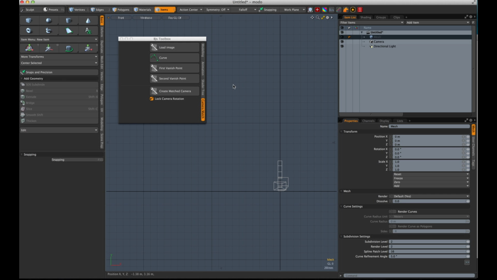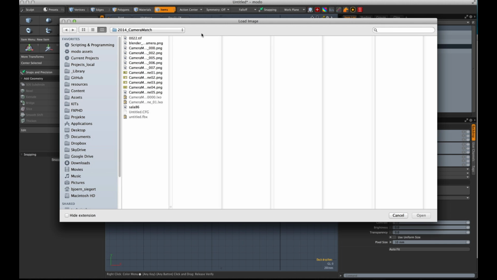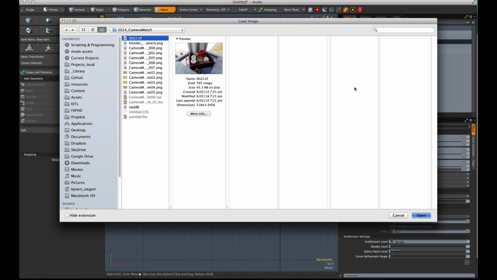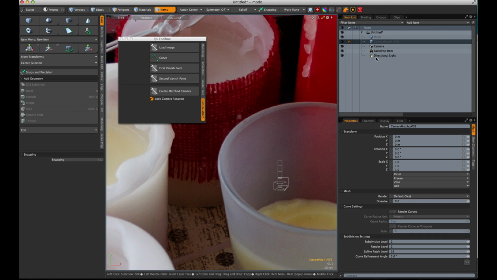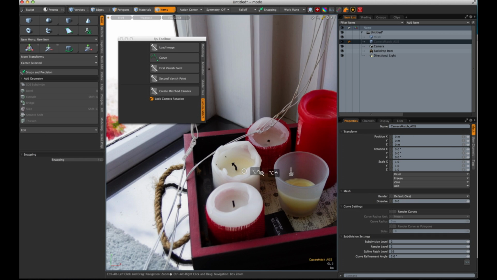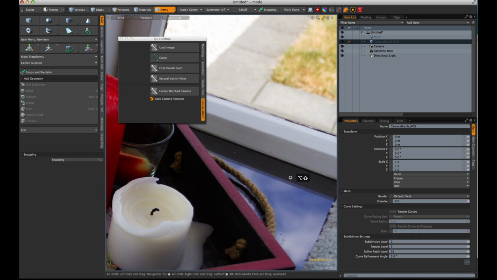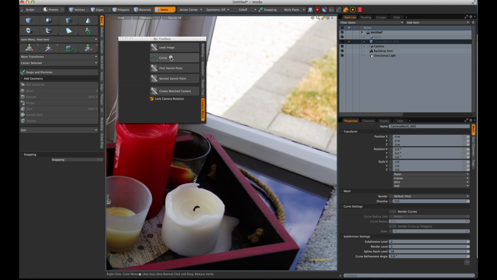CameraMatch lets you create a camera based on a still image. Simply load in the image, and it creates a new mesh layer and a backdrop item. And on the new mesh layer, I now can create the two line bundles for the left and the right